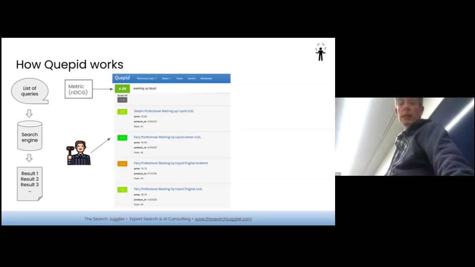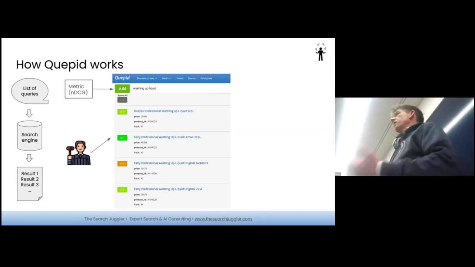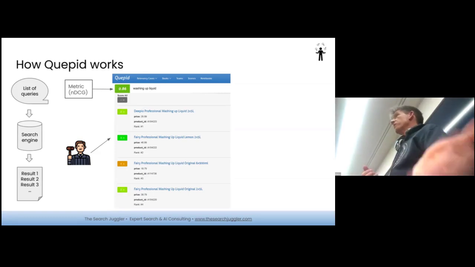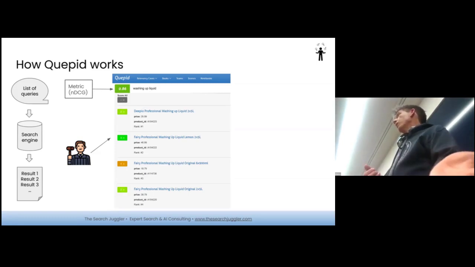So the judge is now going to put in some numbers, and in this case, I've actually hacked it slightly to demonstrate, but let's assume that the third one is very good, the other two are better, and then it can actually total these up and calculate some kind of search metric. In this case, normalized discounted cumulative gain. And so you've got a number. We know how good search is for that query.